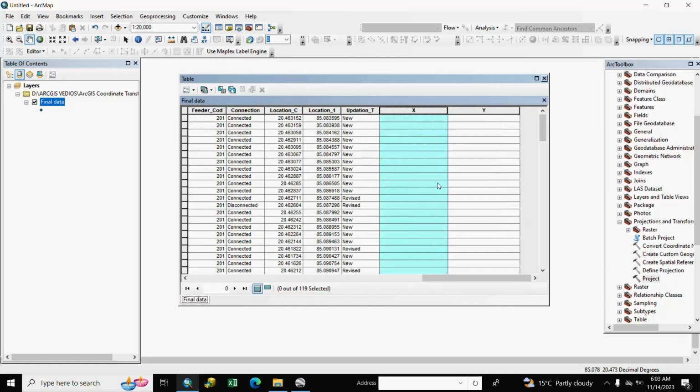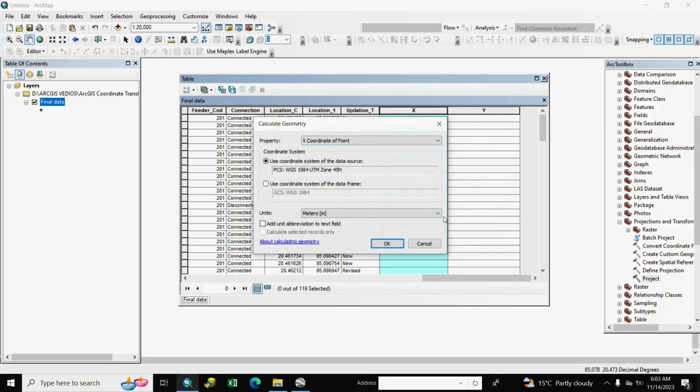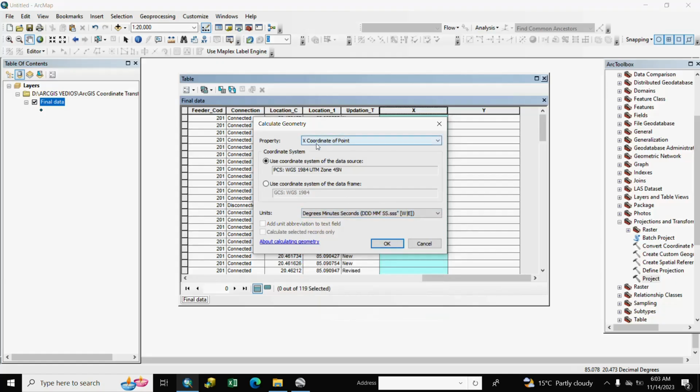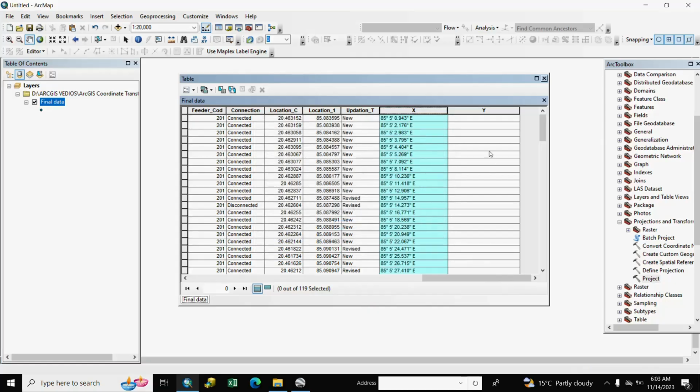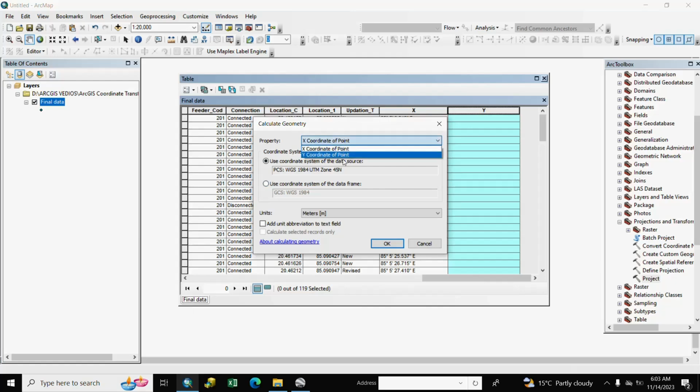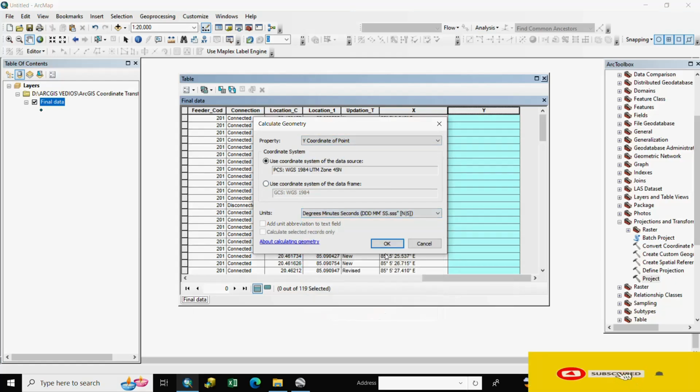Right click, calculate geometry. We select degree, minute, second, X coordinate point, degree, minute, second, and calculate Y, degree, minute, second.